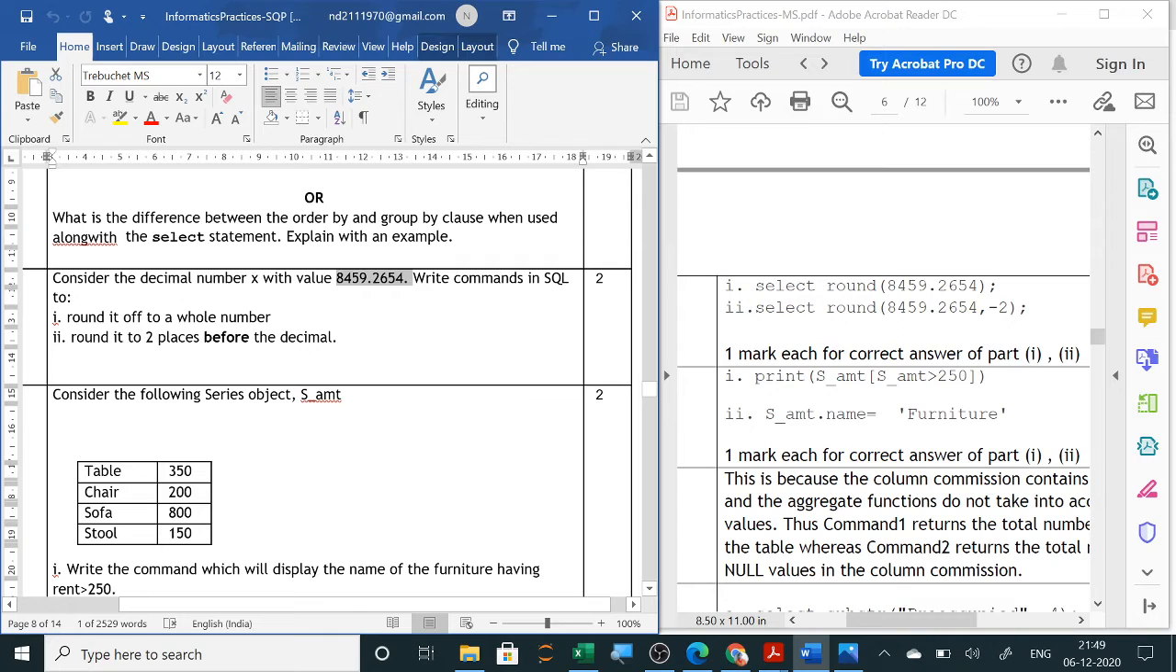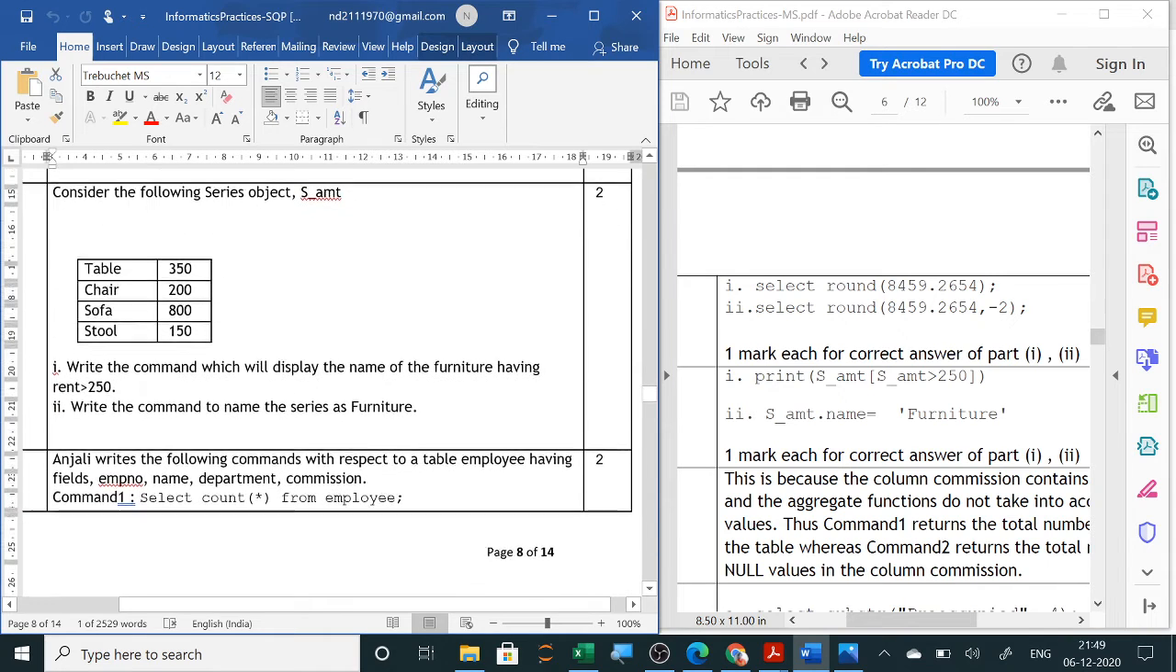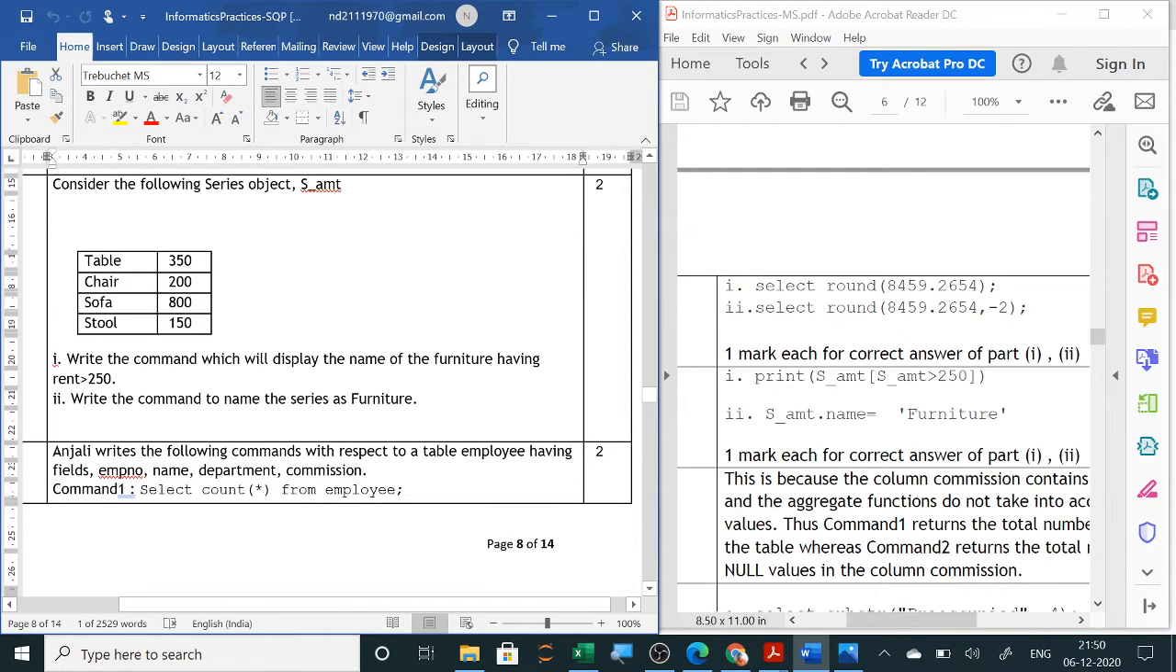Next will be to round it off to 2 decimal before the decimal. Now before the decimal we are writing -2 and after the decimal it will be +2. So here you can see before the decimal, if you have to round it off, -2 is given. Okay. Now the next question is, consider the following series and you have to write the command which will display